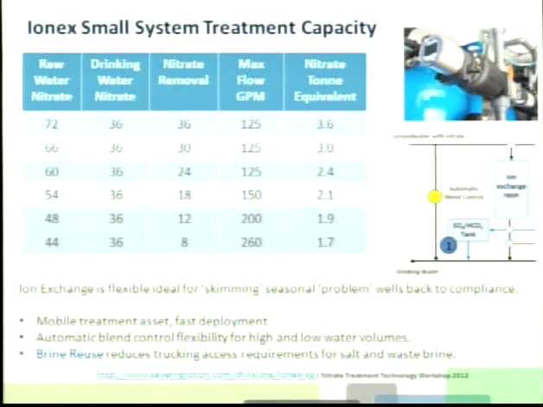There was talk about blending earlier on. In the UK, when we've been talking to folks about water treatment, the transitory nature of the communities that you're in, you've got seasonal swings in nitrate, you've got large population shifts, you've got large amounts of demand on the water in some seasons and not others. In the UK, there are quite differences in the amount of draw and the impact of nitrate concentration. What we're finding with the automatic blend control, and the fact that we monitor and control the flow into each column, is that although we're looking at a 60 to